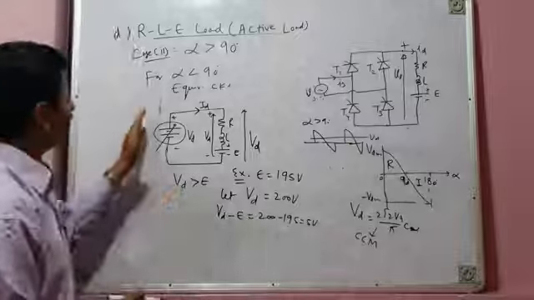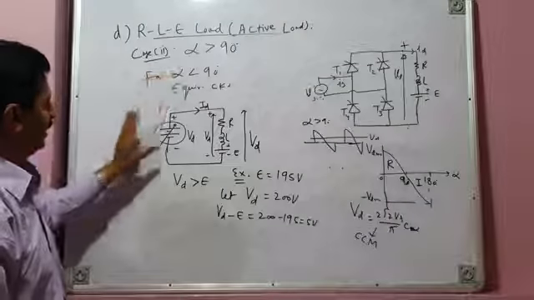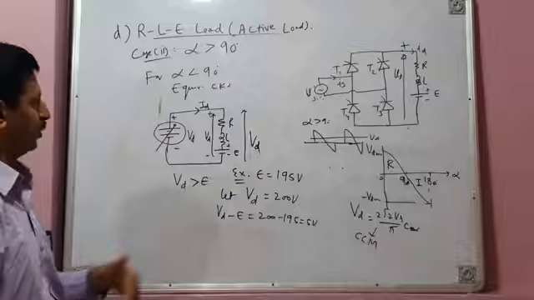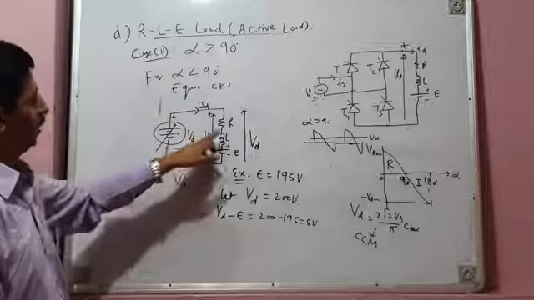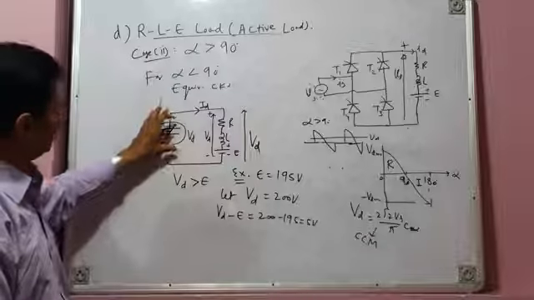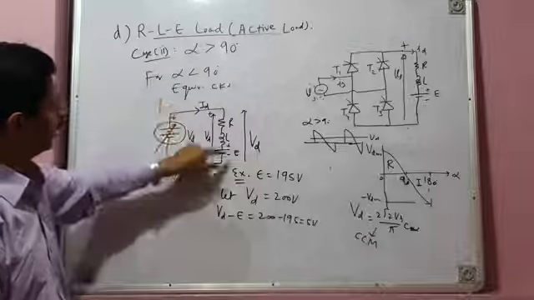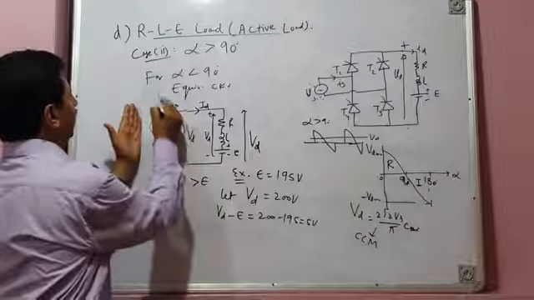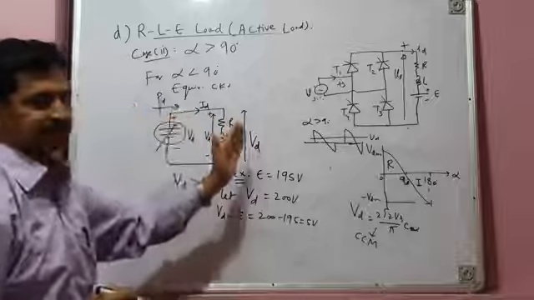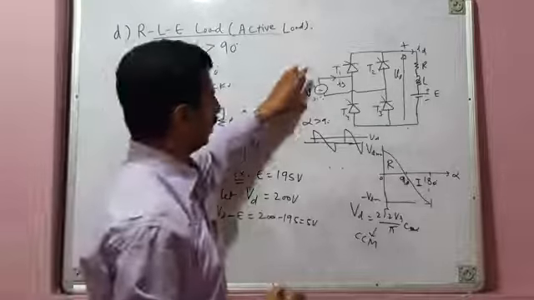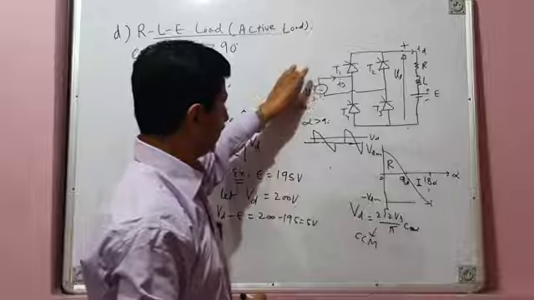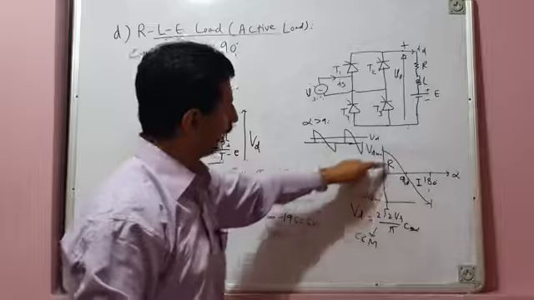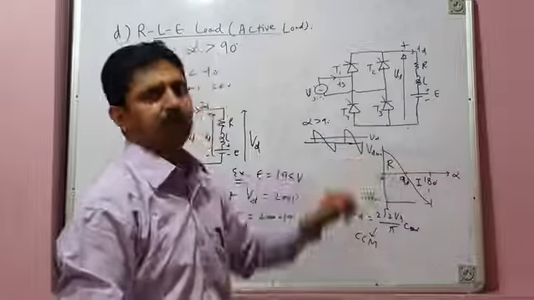So for the rectification mode of operation, alpha less than 90 degrees, this is the equivalent circuit of your converter feeding an RLE load, say a motor load. VD is positive, E is also positive, but VD is slightly greater than E, so that current flows in this direction, and power PD flows from the AC side to the DC side. This converter converts the AC side power into DC and feeds power to the load. In that case, your converter operates in the rectification mode of operation.